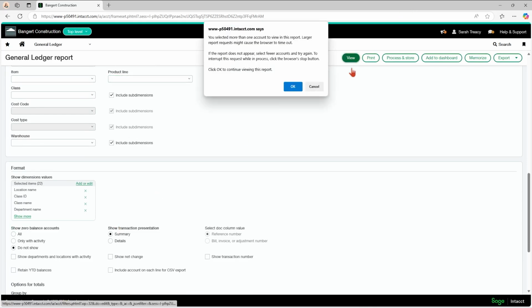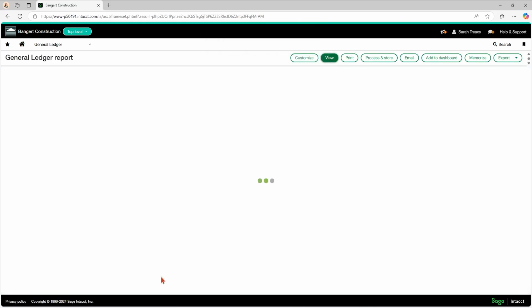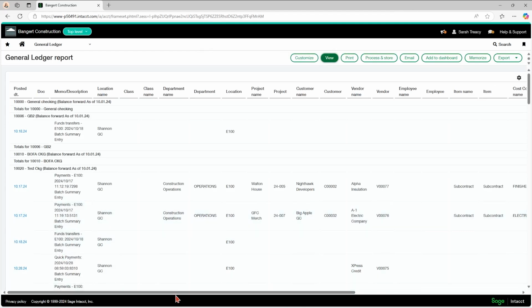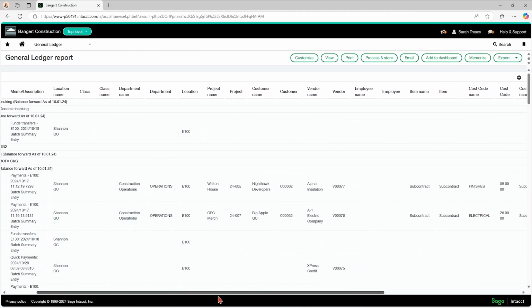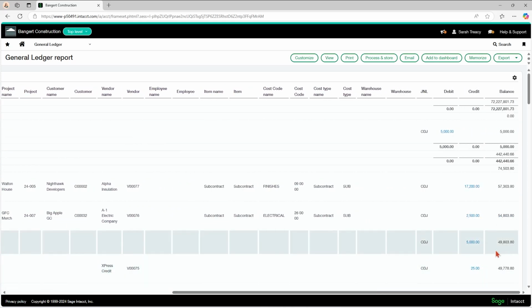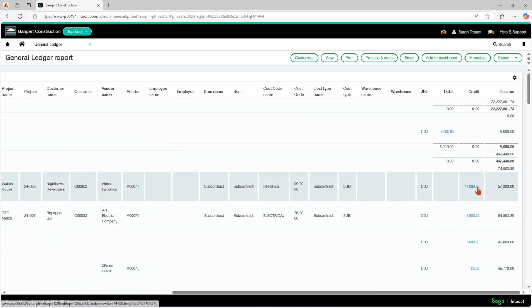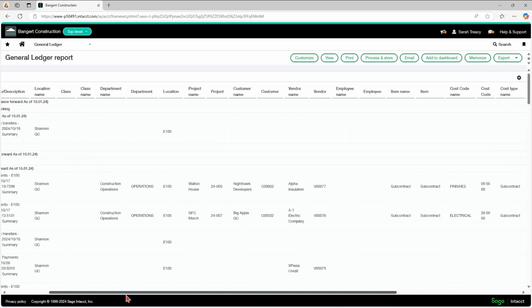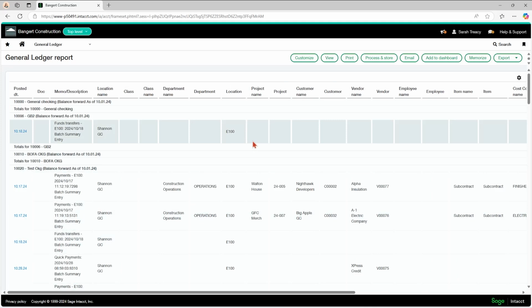You can view that report and it's going to show you your accounts and your transactions and every single dimension that is coded to those transactions. And anything blue on a report in Intacct is drillable. So I just wanted to show you that report because I love it, and I think it's nice to let people know early on that they can pull a general ledger report with every single dimension in it.